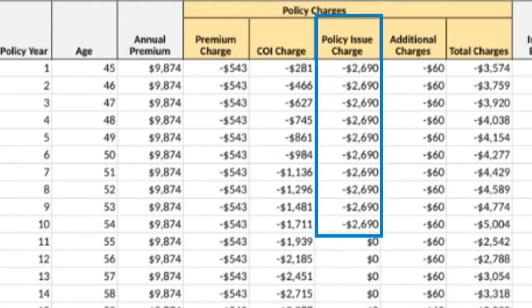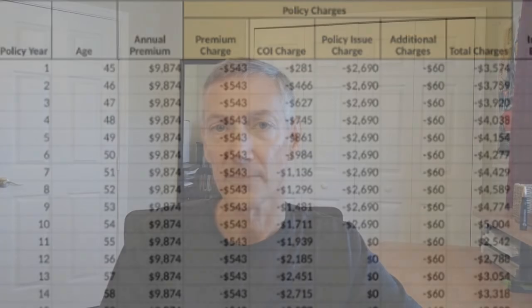So let's jump 2 columns over to the right from the premium charges column, and let's look at the policy issue charge. The policy issue charge is a charge that's related to the death benefit. And so the higher the death benefit, the higher the policy issue charge. And in a minimally funded policy, we're trying to get as much death benefit as we can get for the premium that we're paying. I shouldn't say it's as high as possible, but it's going to be high relative to the amount of premium because the death benefit is maximized. And in this case, it's